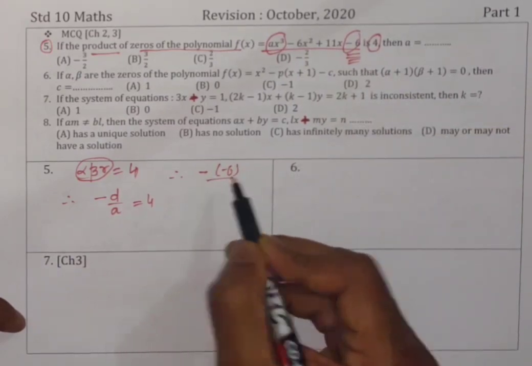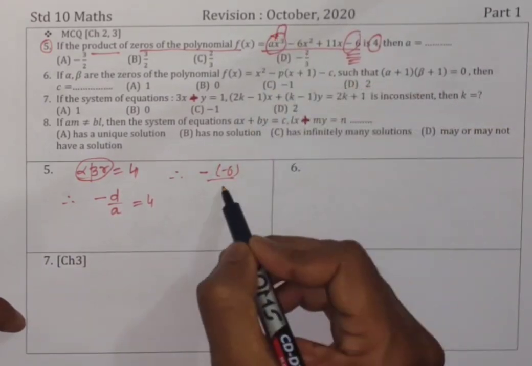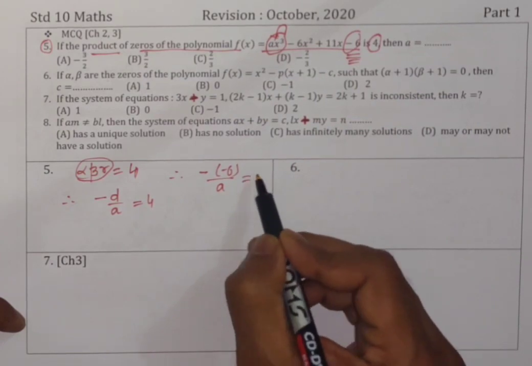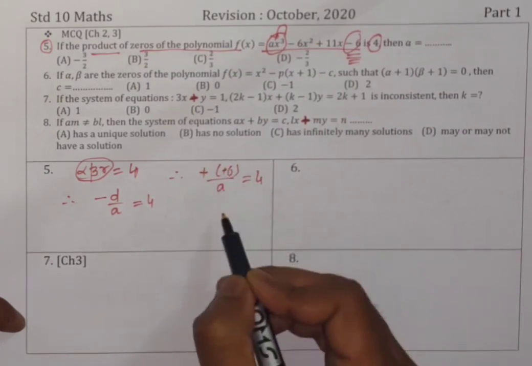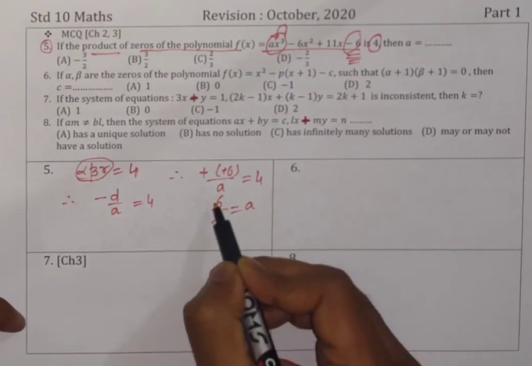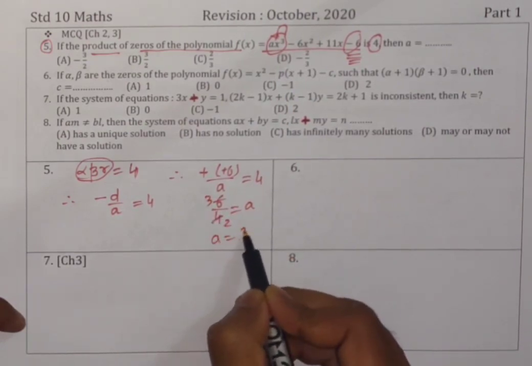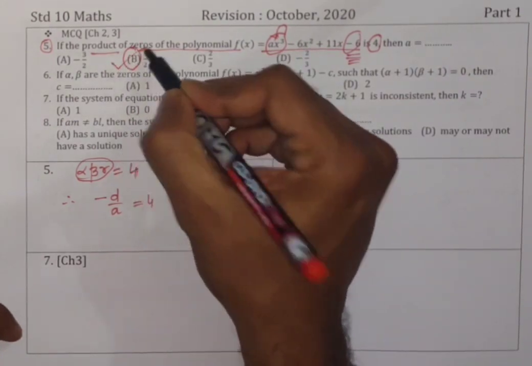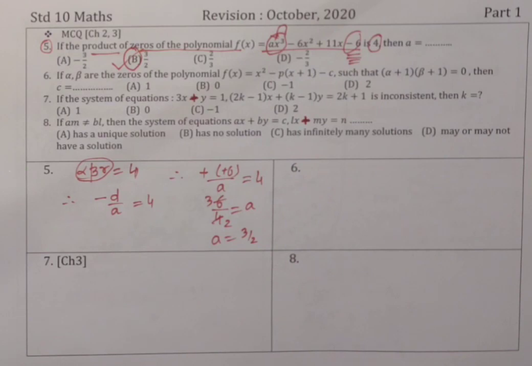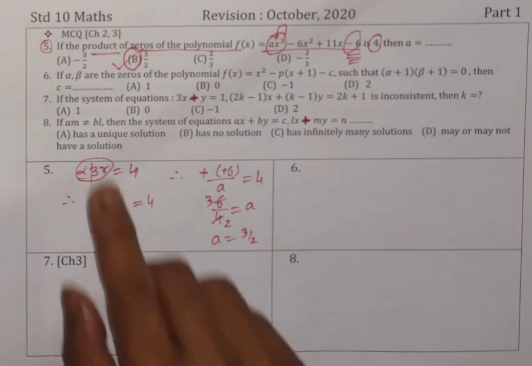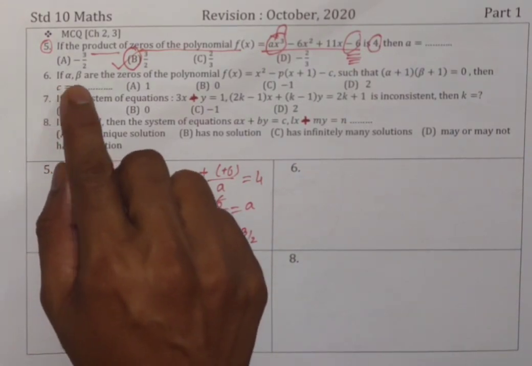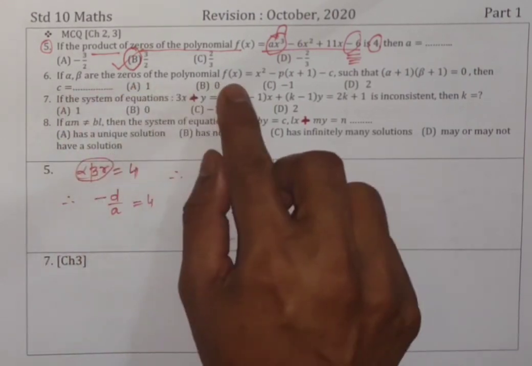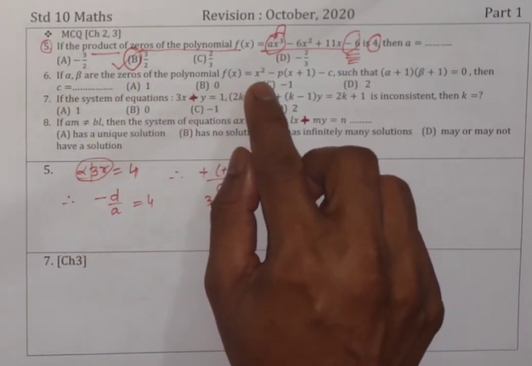Minus 6 upon a, what is that? That is a only. That is equal to 4. Minus minus plus, cross multiplication: 6 upon 4 is equal to a. 2 2s are, 2 3s are. So a is equal to 3 upon 2. Do you have the answer? Yes, B. Here it is. Clear children? Okay. Now, sixth: if alpha, beta are zeros of polynomial f of x equal to x square minus